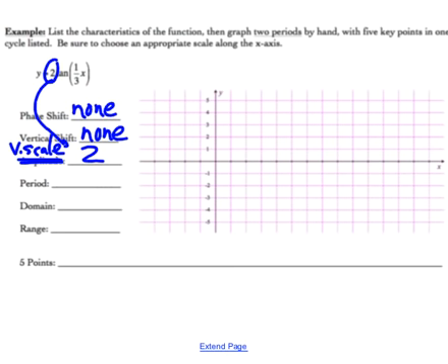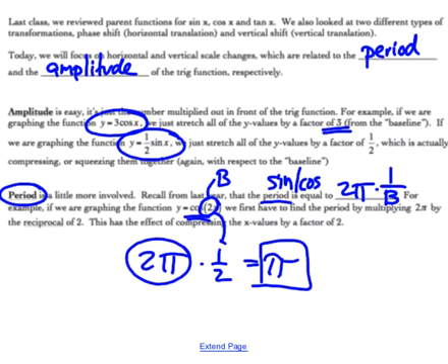in this case, a factor of 2 away from that baseline. Our period here, we're going to have to go back and talk a little bit and make some addendums to the front side. So go ahead and turn back to the front side. So I said this one for sines and cosines was 2 pi times the reciprocal of b, or multiplied by 1/b. And that's because this 2 pi is actually the period for the parent function for